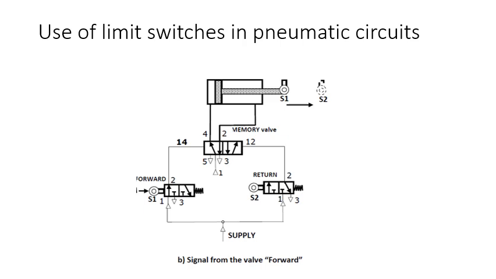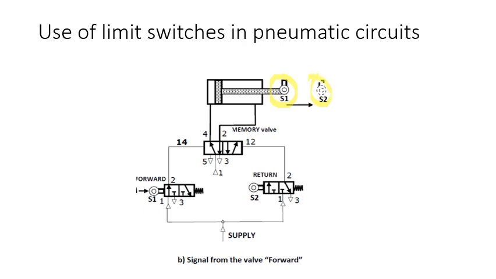In this particular circuit I am showing the roller operated limit switches. Those two switches, the first we will call the S1 switch, and the second is the S2 limit switch. This S1 and S2 are placed in front of the cylinder rod. So what will happen? The cylinder rod, while moving out, will press the limit switch and move over the roller. While moving, it will actuate that particular limit switch. Right? The S2 is also used there only.